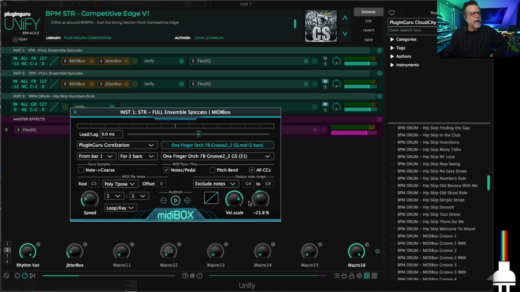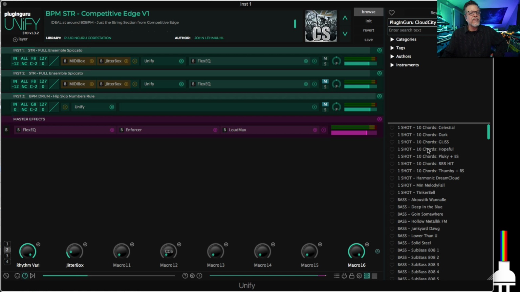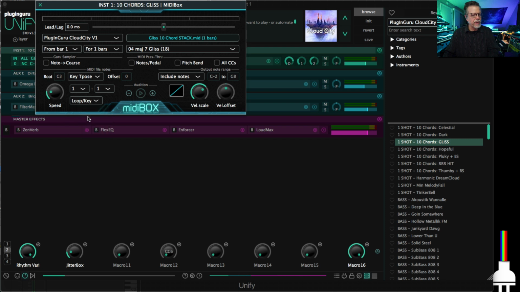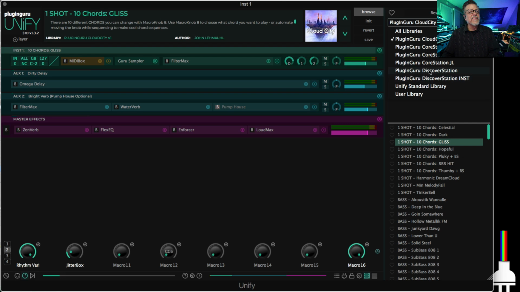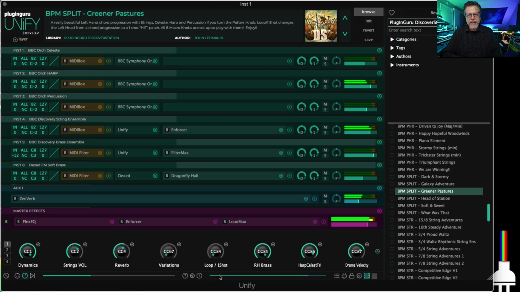Finally, we have loop key. This is for if you want something to be one shot. A cool example of one shots is in Cloud City. I have all these one shot glisses and so forth where you choose one of these. It's a MIDI file. It's set to one shot. If I set it to loop, I even have one patch inside of DiscoverStation and the BPM split greener pastures, and it keeps playing. There's chord changes. If you hold down the note, right? If it changes to one shot, it changes all the MIDI boxes